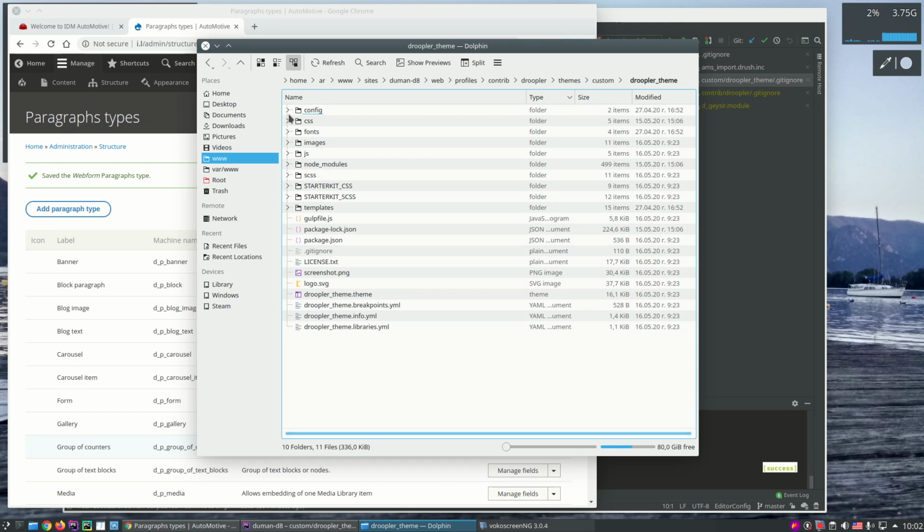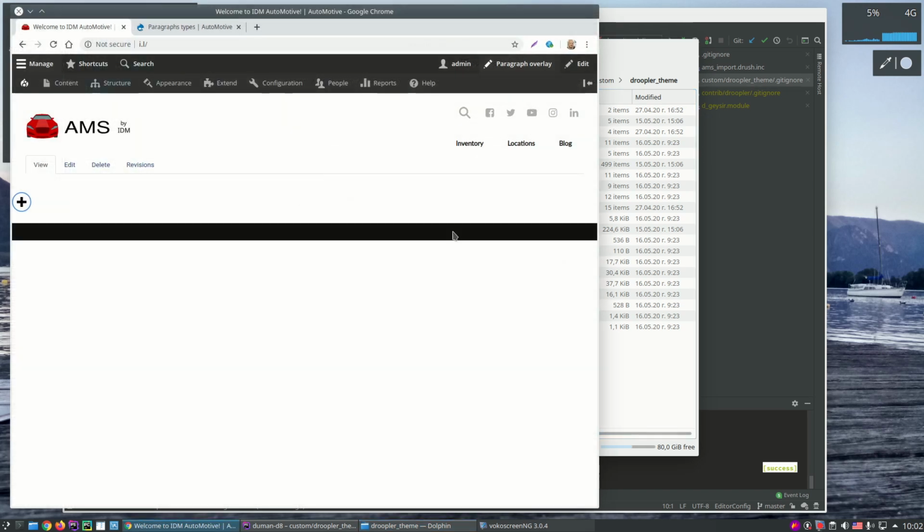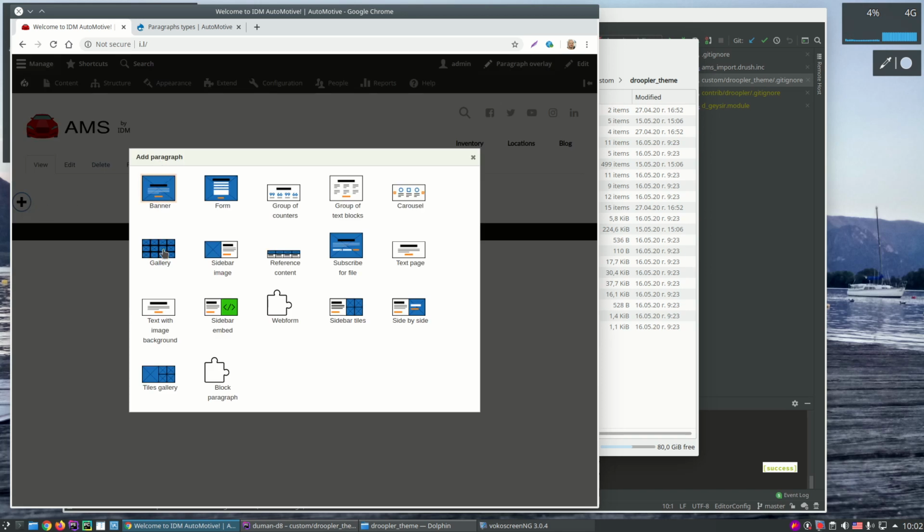Alright, so hello everybody. In this recording today I want to show how I will apply an icon to Drupal's Geysir. So to start with, I have some basic Drupal 8 Droopler installation here, and it has Geysir installed. So what is Geysir? It allows you to add paragraphs to content through the front-end UI. So I click the icon, and here I see already the paragraphs that were previously developed by